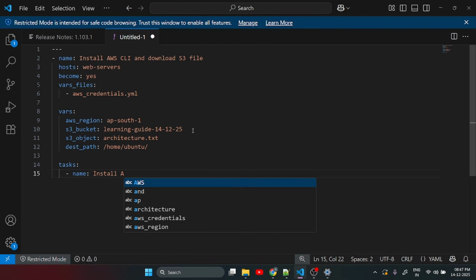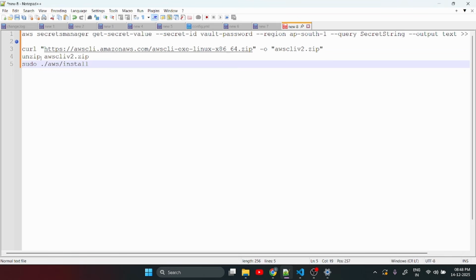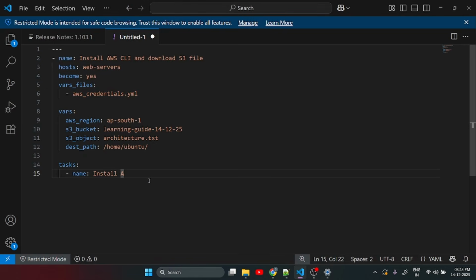But before installing the AWS CLI, you must have observed that these three are the important steps, right? So in order to execute this, we need to have the curl as well as unzip commands already installed, right? So for that we will first be installing the dependencies, that is curl as well as unzip. So for that I'll mention install